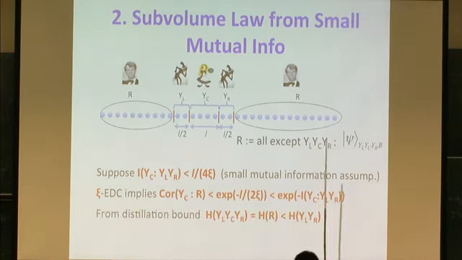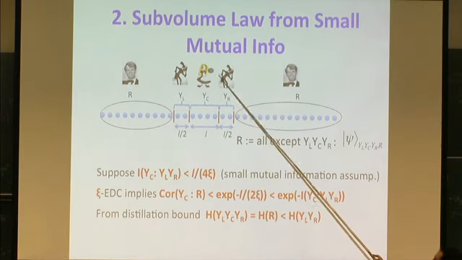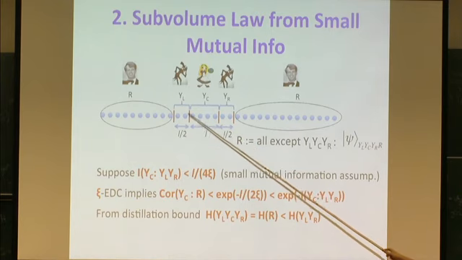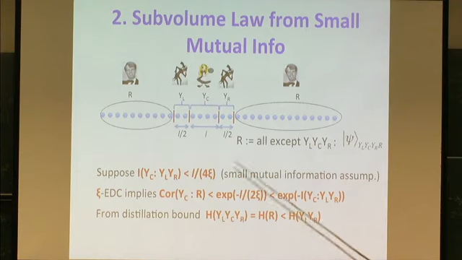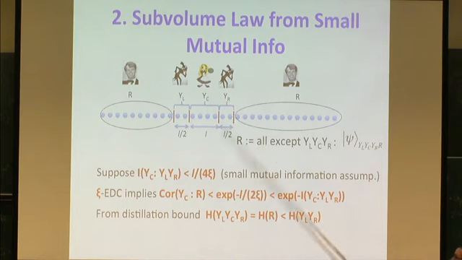But again, we can use our lemma, right? So the mutual information between Alice, which is the central region, and a faraway region R, is smaller than the mutual information between Alice and Eve, the neighboring ones. Therefore, the entropy of R is smaller than the entropy of the neighboring ones, of Eve, right? This is what is here. But the entropy of R is equal to the entropy of all these three subsystems, because it's a pure state. And therefore we have this relation here. And then that's it, right?